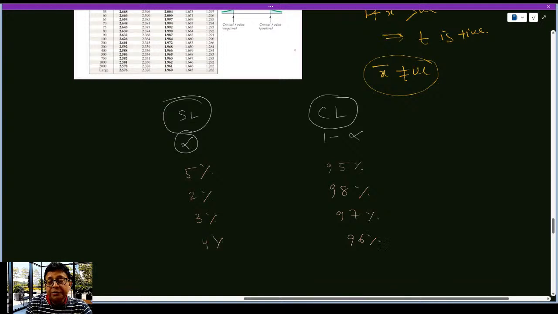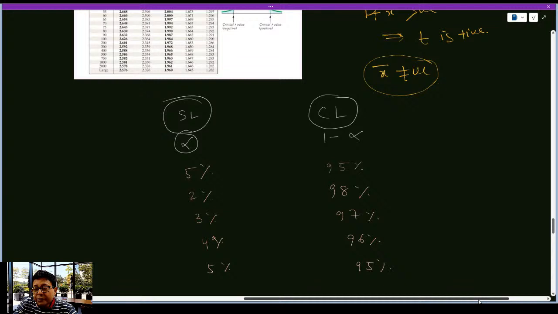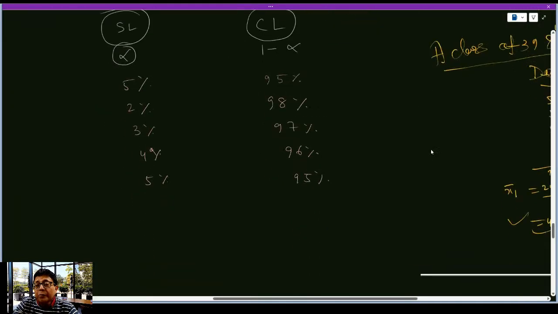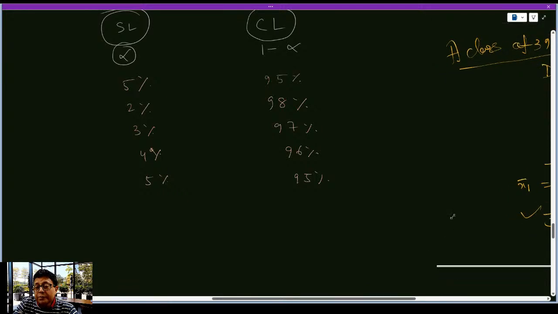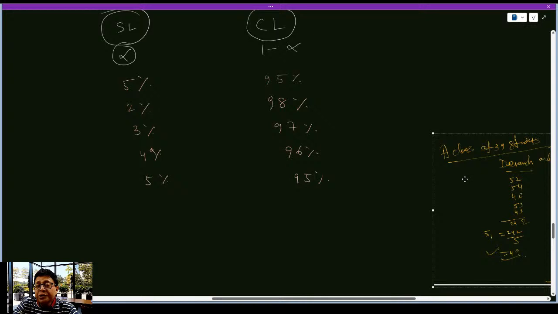If it is 95%, then in 5% of cases you are not. Okay? So what I was going to tell you by copying this diagram, with this diagram, with this calculation,